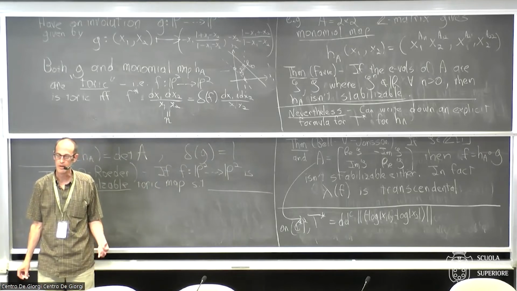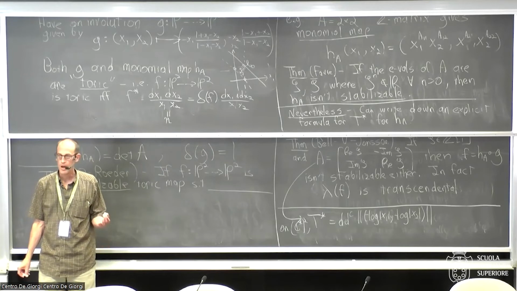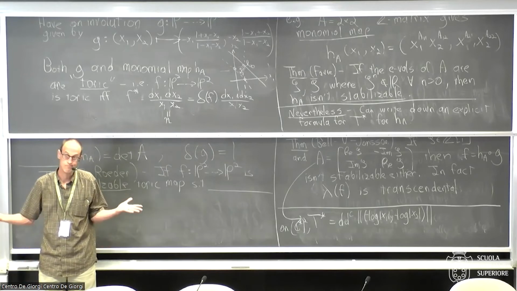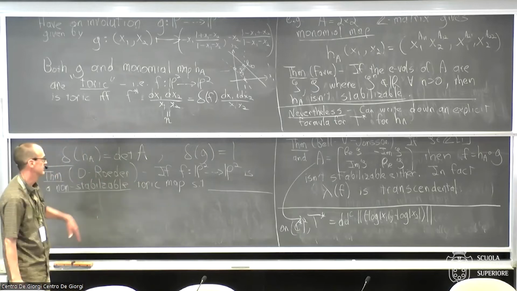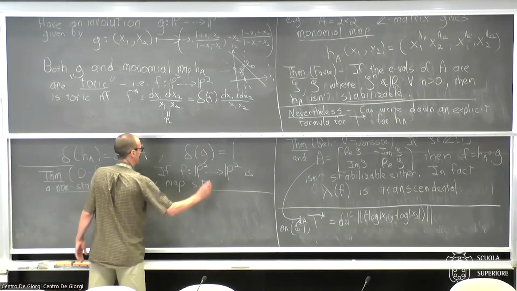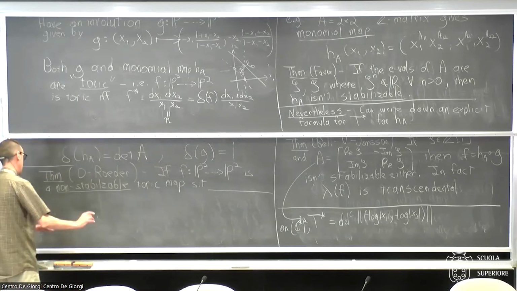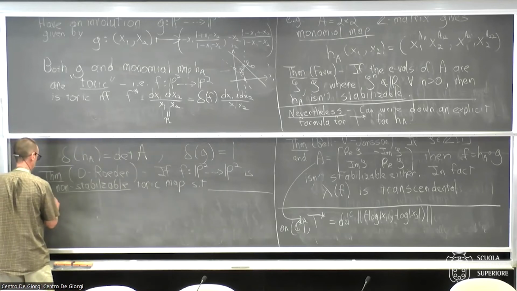Maybe the only thing I'll say is that it's satisfied by all the examples of toric maps we know. Okay, so I don't know any violations of the hypothesis. If it's a non-stabilizable map such that blank, then